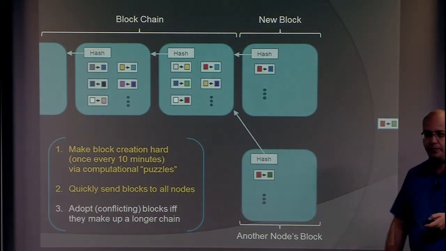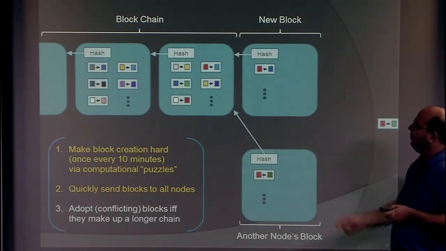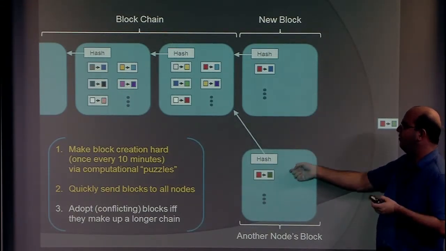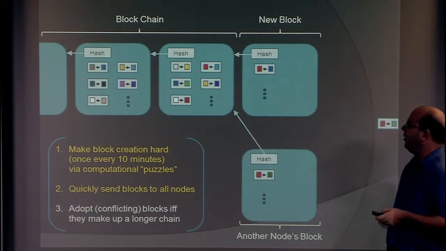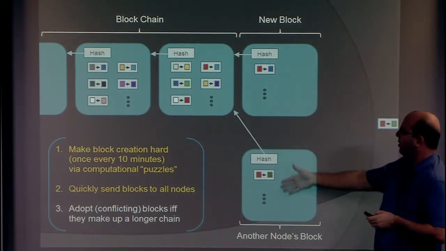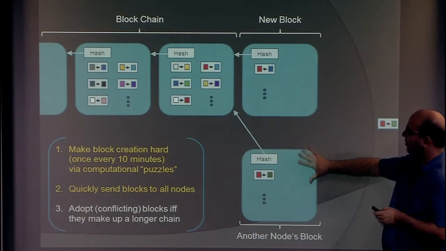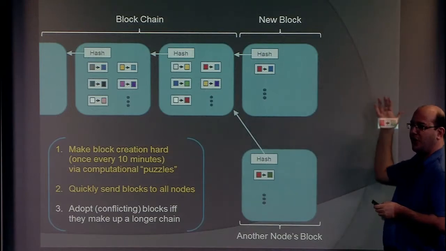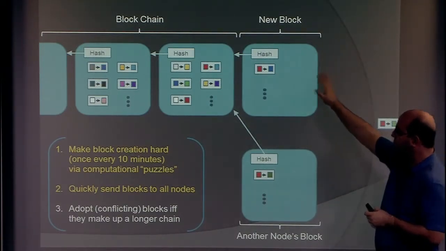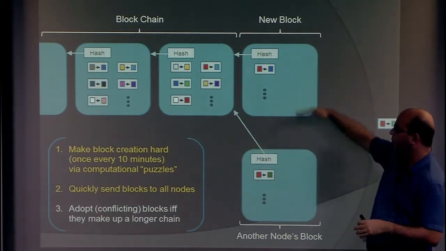And the final rule is perhaps one of the most important ones. It states that if we do end up with two blocks that have been created almost at the same time by nodes, maybe by accident, this could still happen, we have to somehow, again, resolve this issue. Then what we'll do is we'll have nodes accept the history of another node only if it presents a longer chain than what it currently sees. So we basically have two chains of the same length, and the two nodes will not accept the other one's point of view.